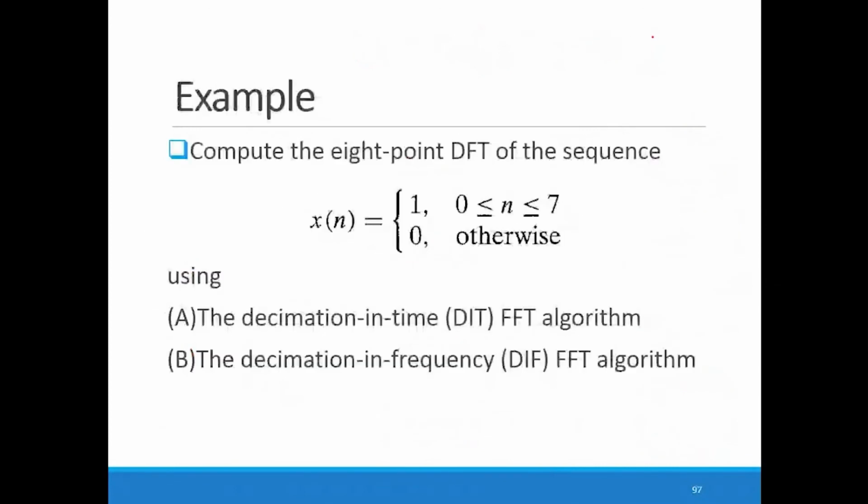Okay. Now write down this example. First part you have completed, that is compute the 8-point DFT of the sequence. The sequence is x of n, 1 for the values 0 to 7, 0 otherwise. First you try to solve with decimation in time, the DIT FFT algorithm. Then you try to solve it with decimation in frequency, the DIF FFT algorithm. Note down this example as your homework and try to solve that. In both the cases, your answers are the same, 8 and then 7 zeros. Okay, all of you note down the example in parallel while I am taking the attendance.